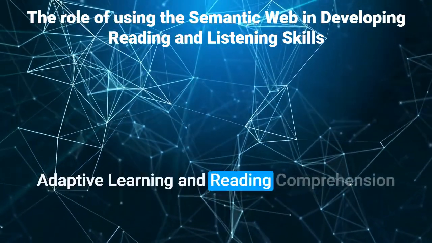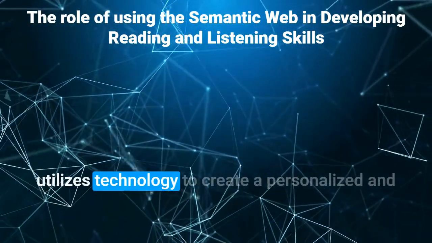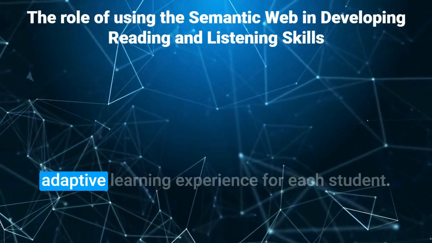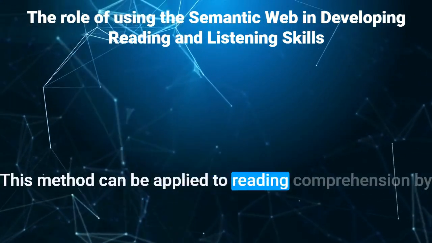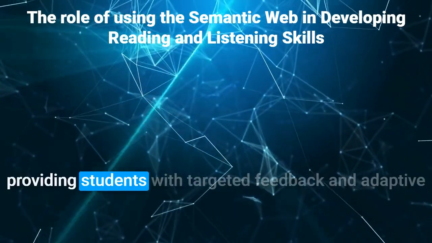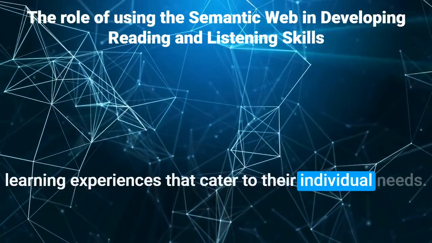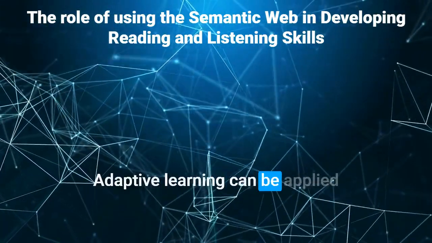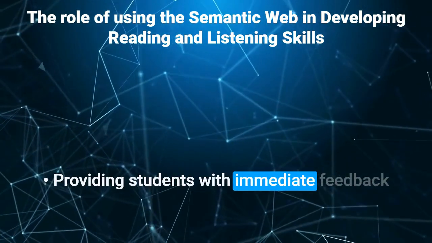Adaptive learning and reading comprehension. Adaptive learning is a teaching method that utilizes technology to create a personalized and adaptive learning experience for each student. This method can be applied to reading comprehension by providing students with targeted feedback and adaptive learning experiences that cater to their individual needs. Adaptive learning can be applied to reading comprehension by providing students with immediate feedback on their